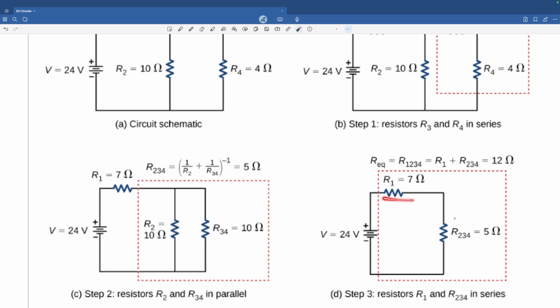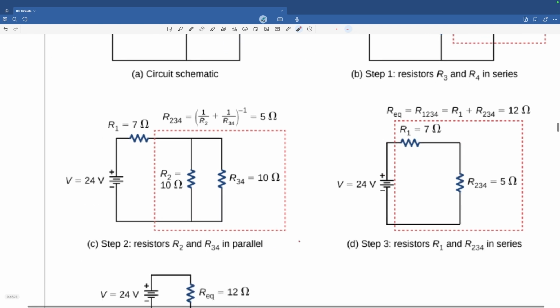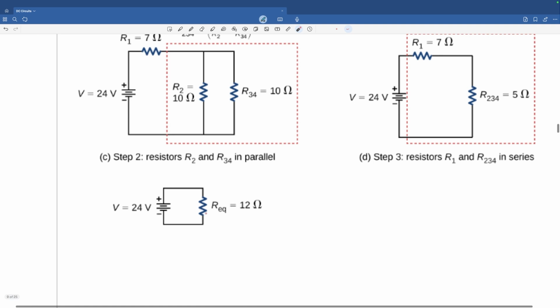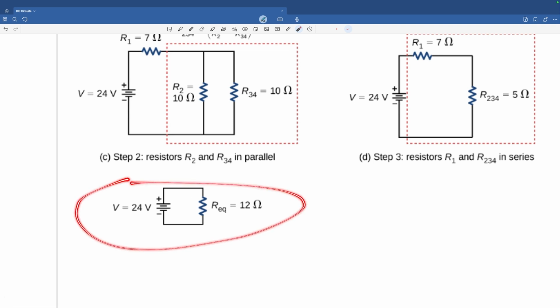Now, how are these two connected? Of course, they're connected in series, because the same current has to flow through both. So we add them. It's 7 plus 5, 12 ohms. So finally, we end up with this circuit. So can you tell me what the current through the battery is? Yes, it's 2 ampere by Ohm's law,